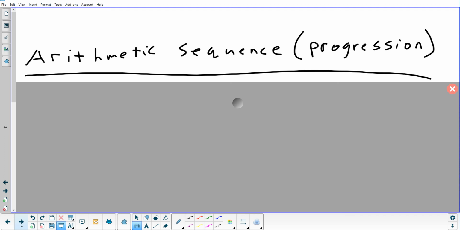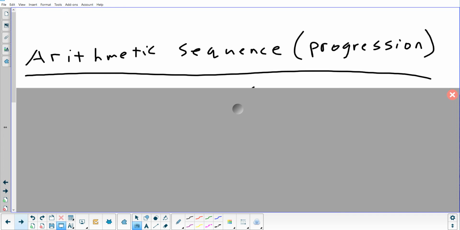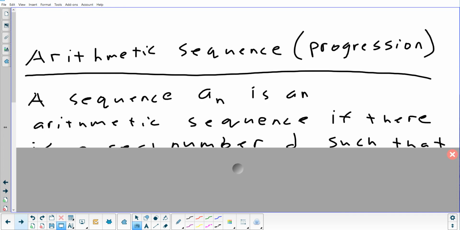All right, so we classified sequences in terms of how long they are. A sequence that goes on forever is infinite. A sequence that has an end to it, what do we call that? Finite. So explicit and recursive describes a type of formula. Infinite and finite describes how many numbers there are in the sequence. The explicit formula, that's the one where you don't need the previous term. Correct.